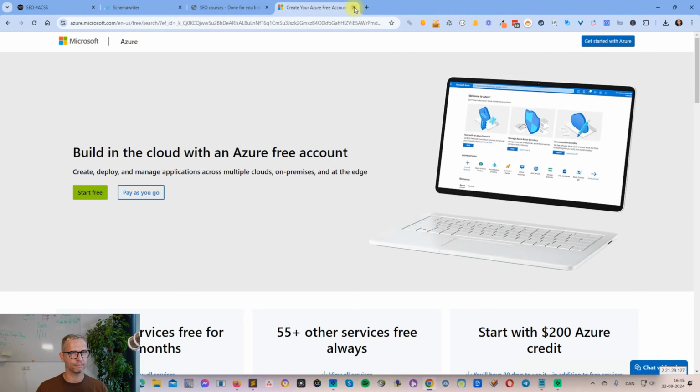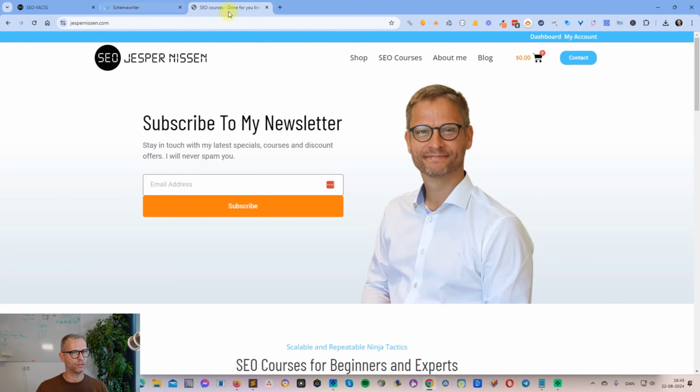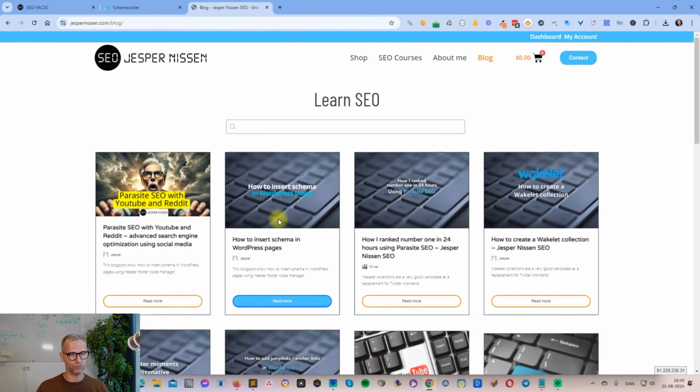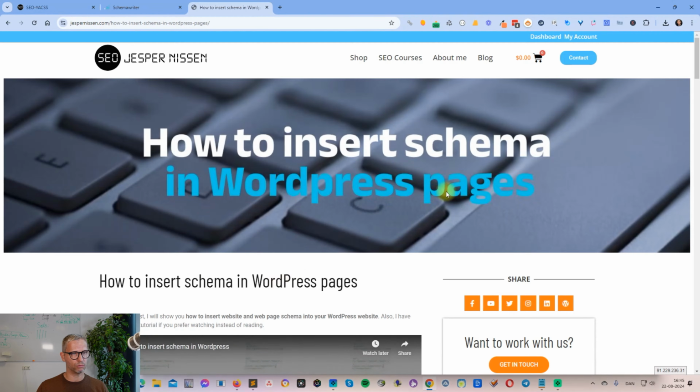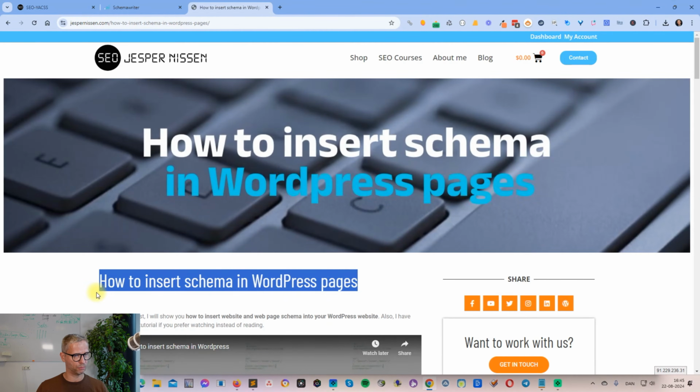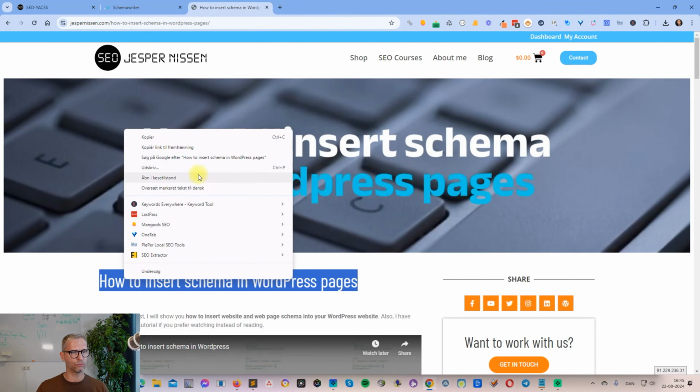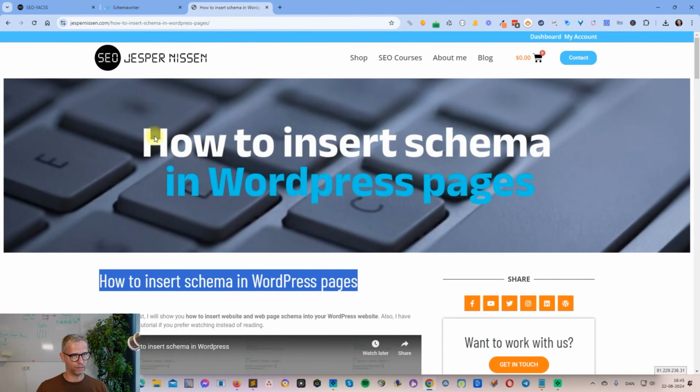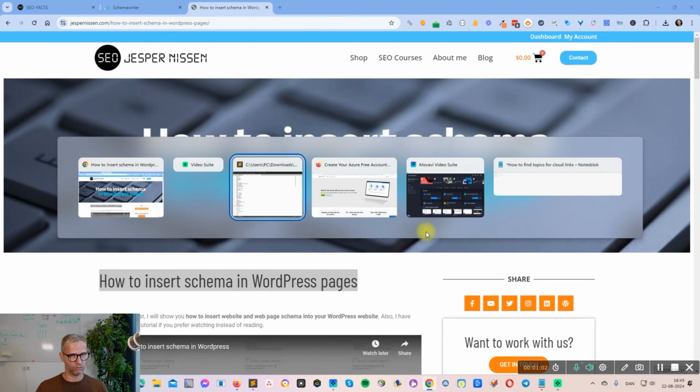So let's just hop into the process. What I have here is my website, and I have this blog post on how to insert schema in WordPress pages. And what I would like to do is boost this in the Google search rankings. So if I copy this here and I go over to